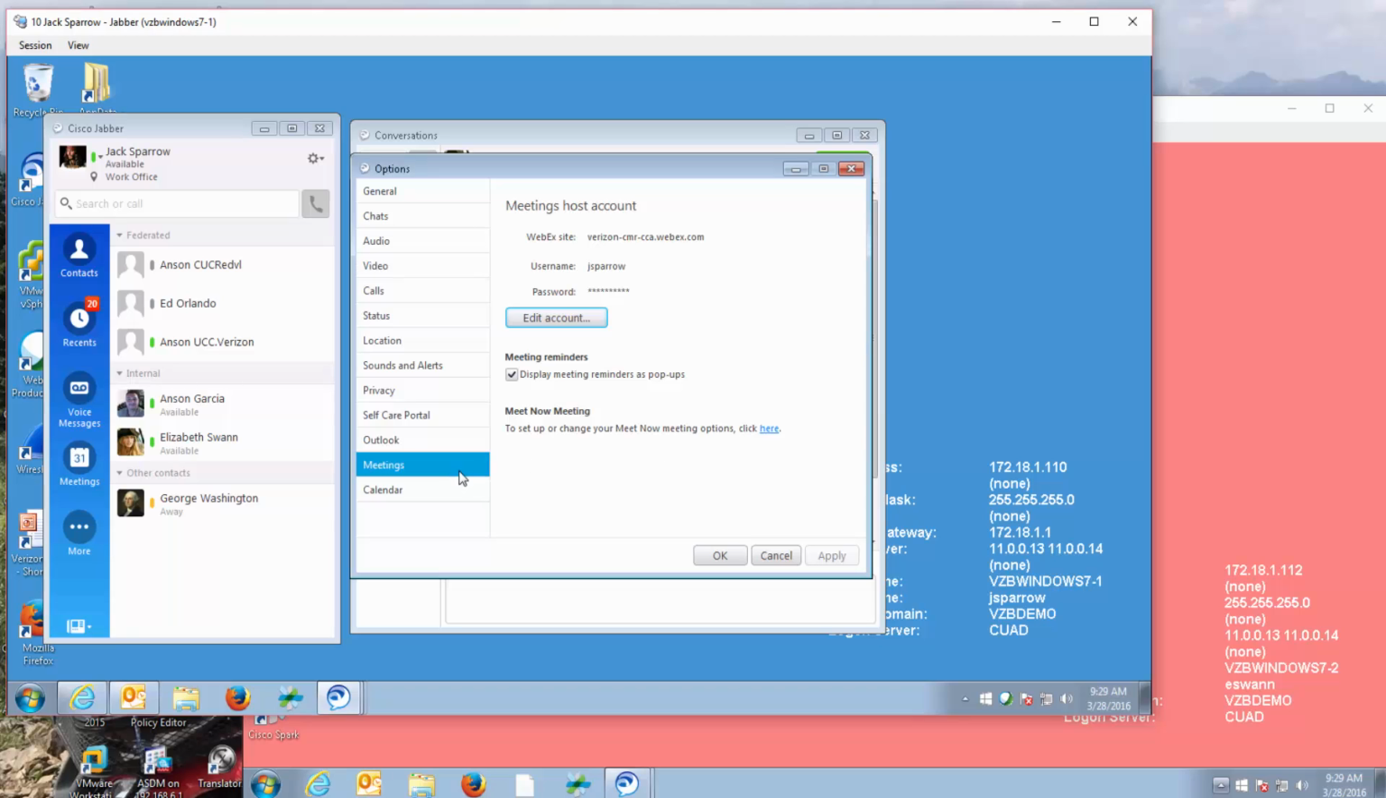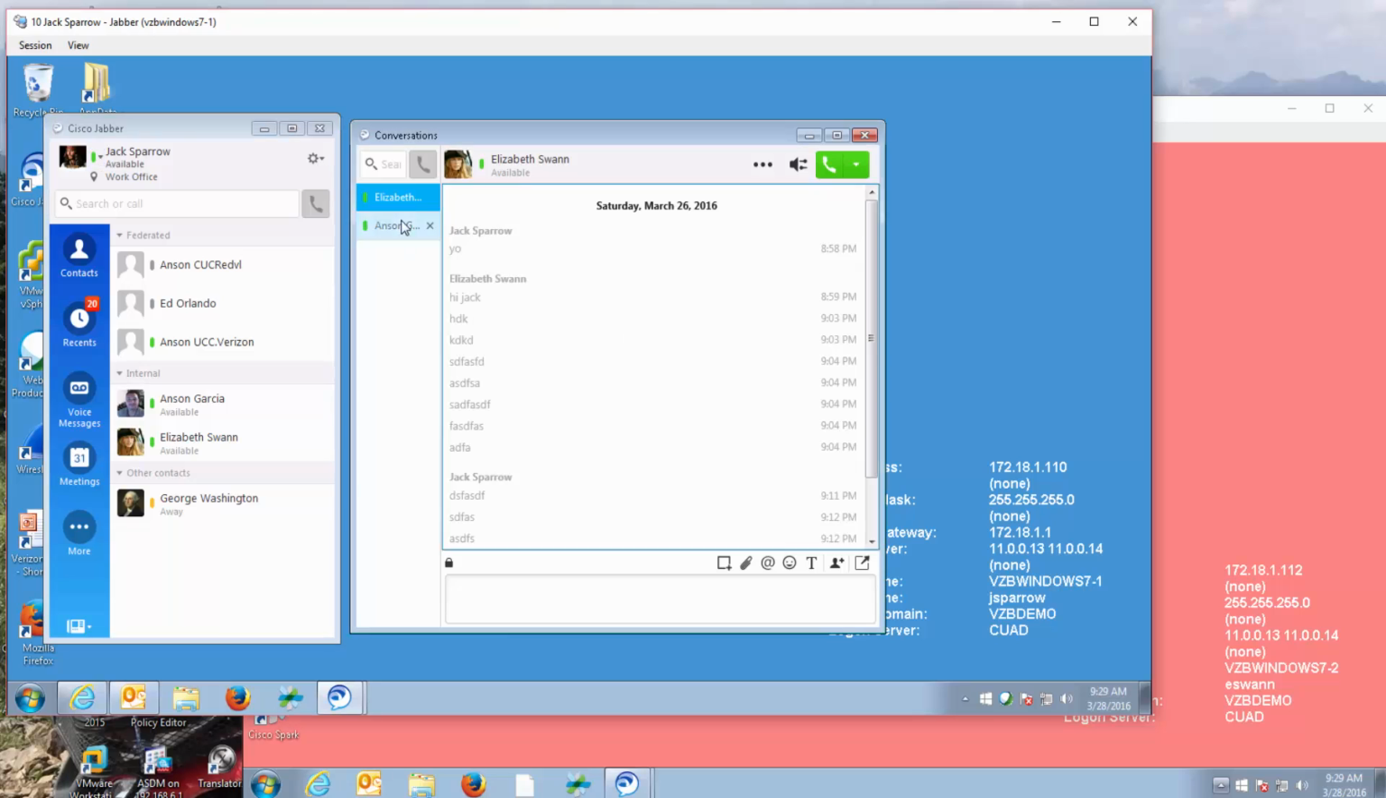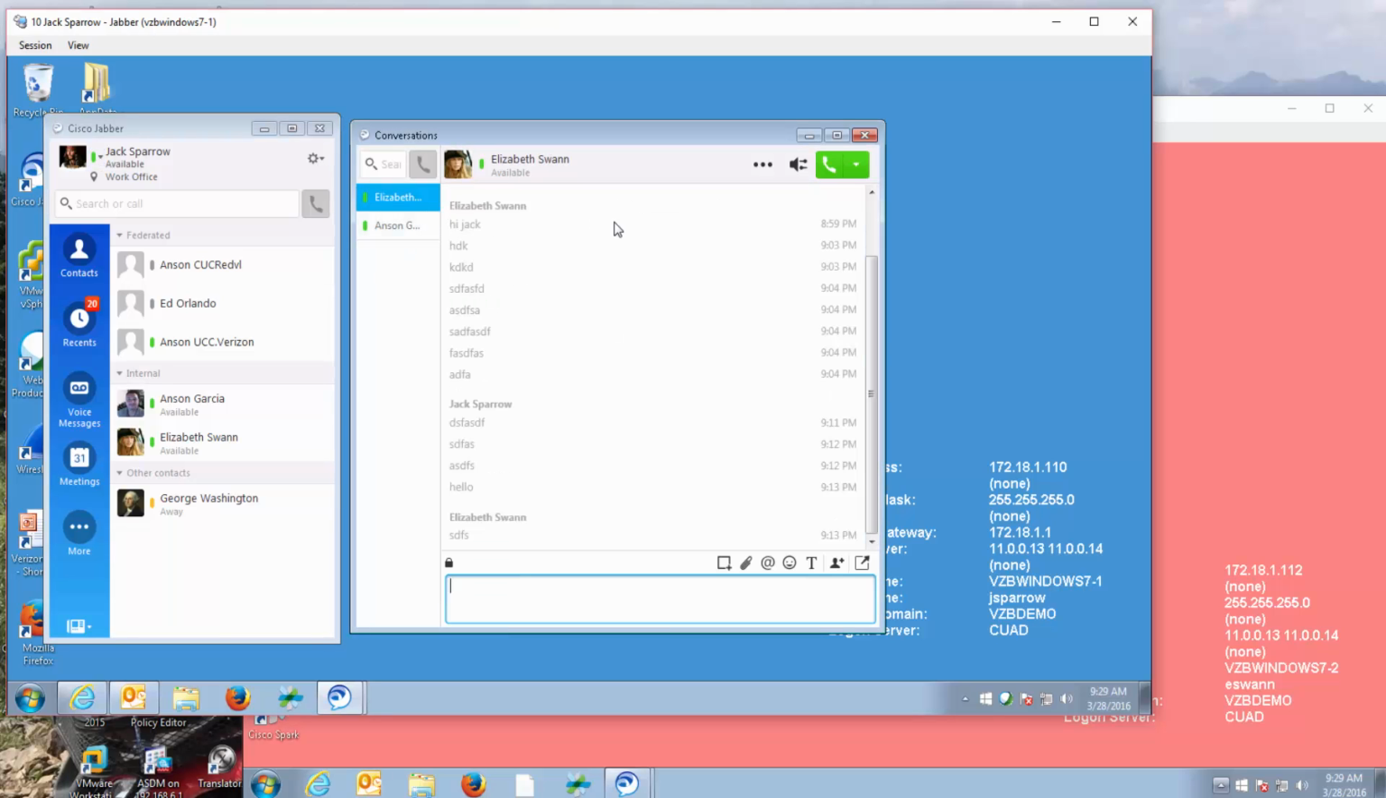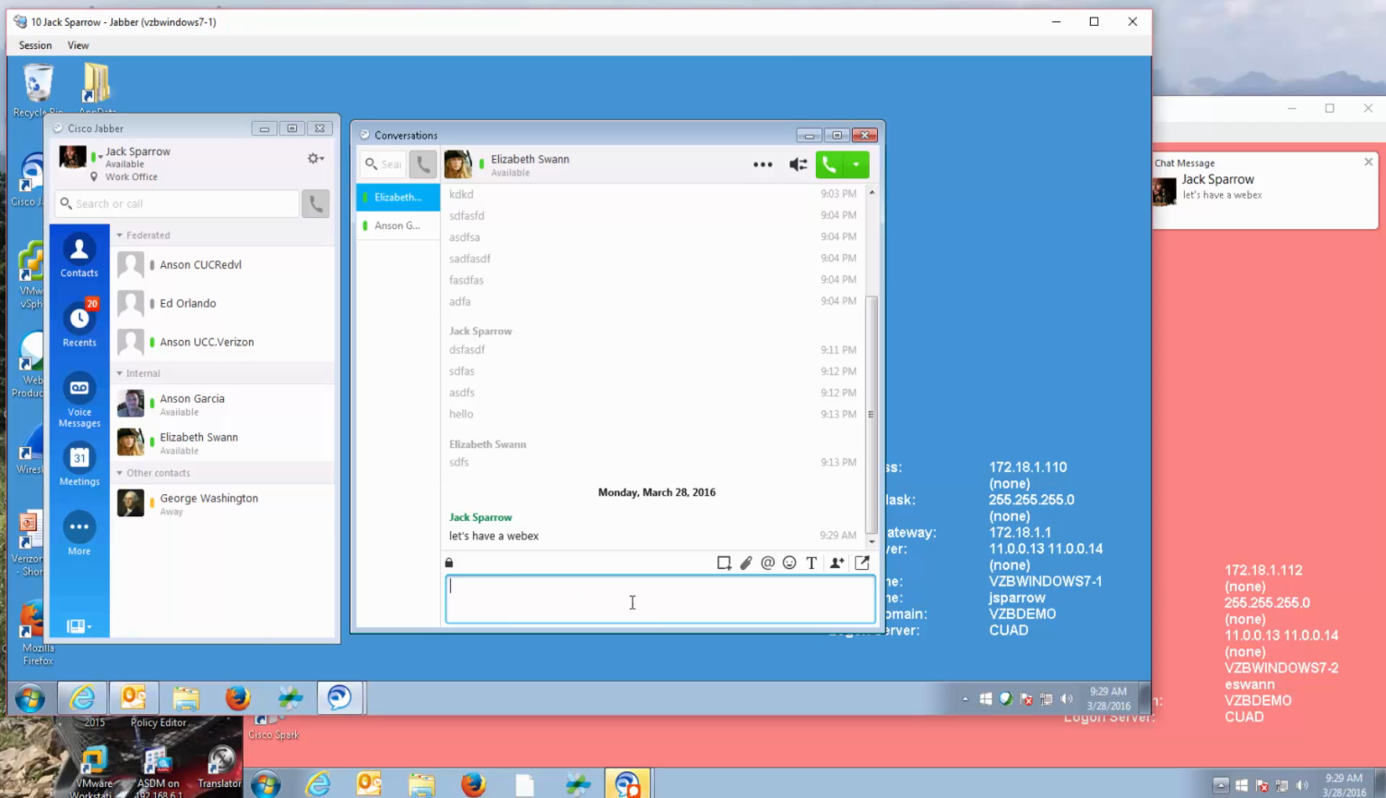Okay, so how does that look? Oh, excuse me, and you can also click this checkbox, which will display meeting reminders as little toasts popping up here. So let's take a look at what that looks like. If I were engaged in an IM with somebody here, so Jack is talking to Elizabeth, and then right here, if I wanted to escalate this to a meeting, let's have a WebEx, something like that. You can see